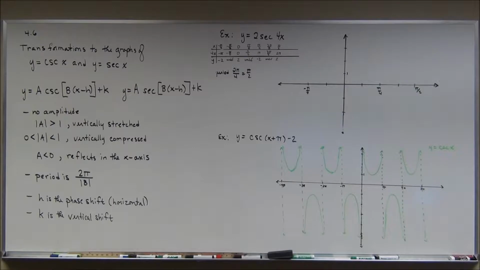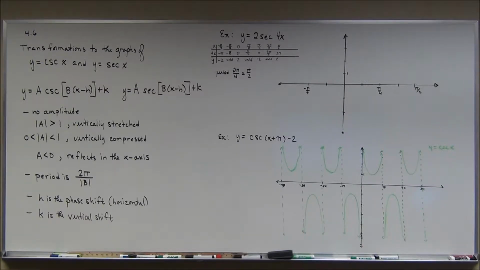Alright, we're getting back into section 4.6, where we're looking at the graphs of the other four trig functions. We started looking at cosecant and secant, and in the previous video we looked at the parent graphs and how they correspond to sine and cosine, the reciprocals for cosecant and secant respectively. Now we're going to consider possible transformations to these graphs, just as we did with the graphs of the sine